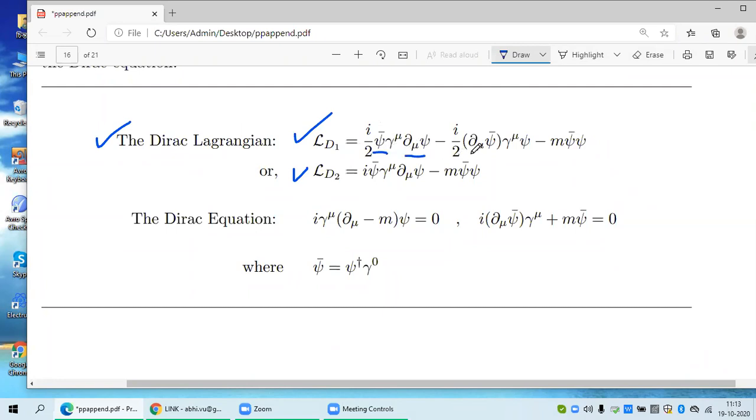Here also there is a derivative of psi bar and bare psi, and psi bar psi. In this second form only derivatives of psi are coming. The other derivative is not coming because you have dropped it by making it a total divergence. But that does not hamper the apparent symmetry with respect to psi bar, and does not hamper any physical